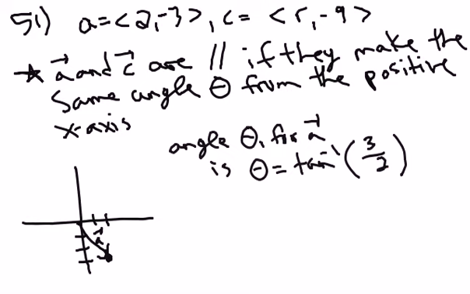I don't actually have to complete that, because what I want to realize is, as long as I get the inside part to be 3/2 for theta 2, then these are clearly the same, and the tangent inverse is going to be the same. So angle theta 2 for c